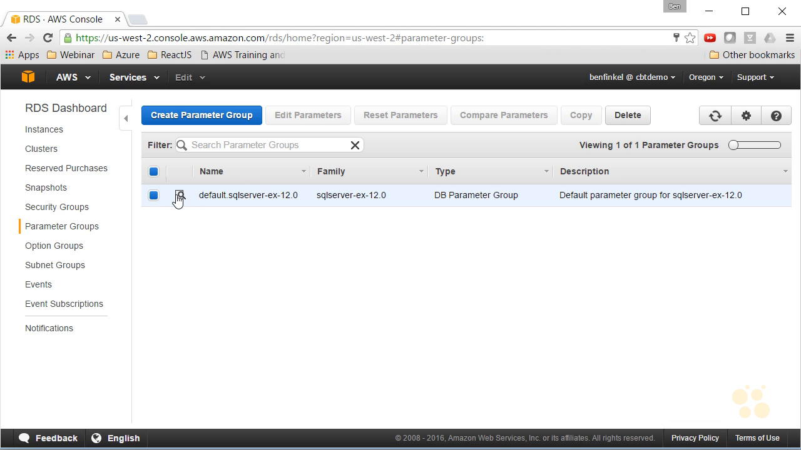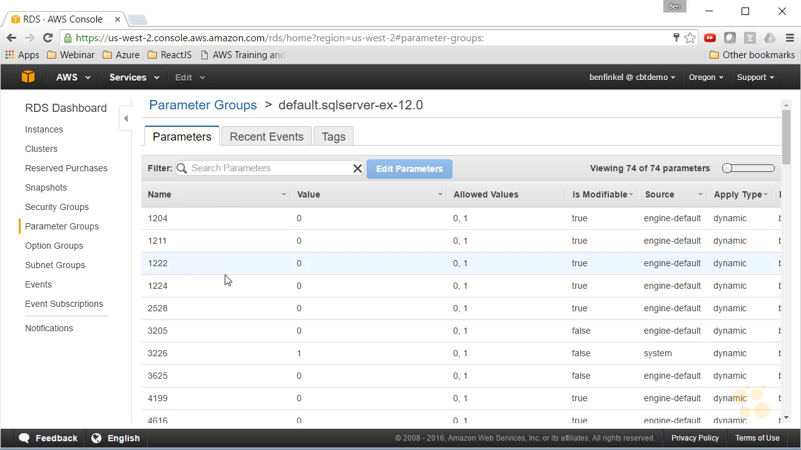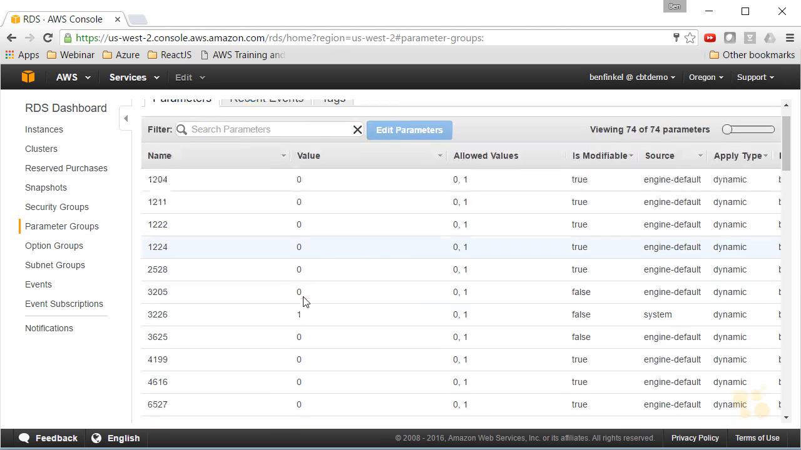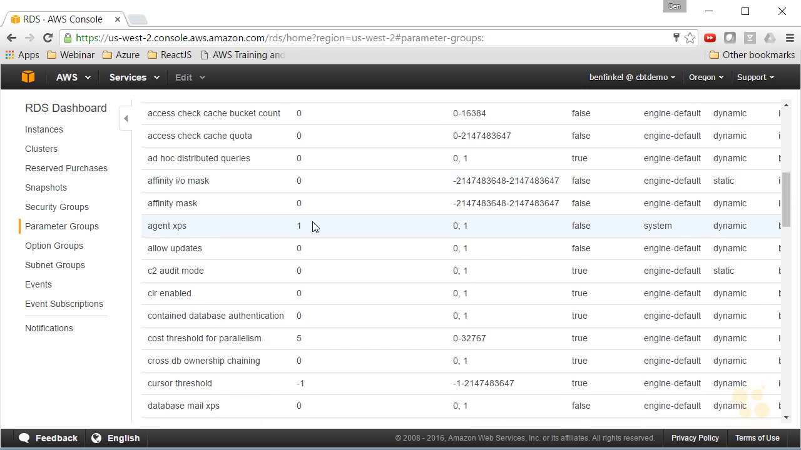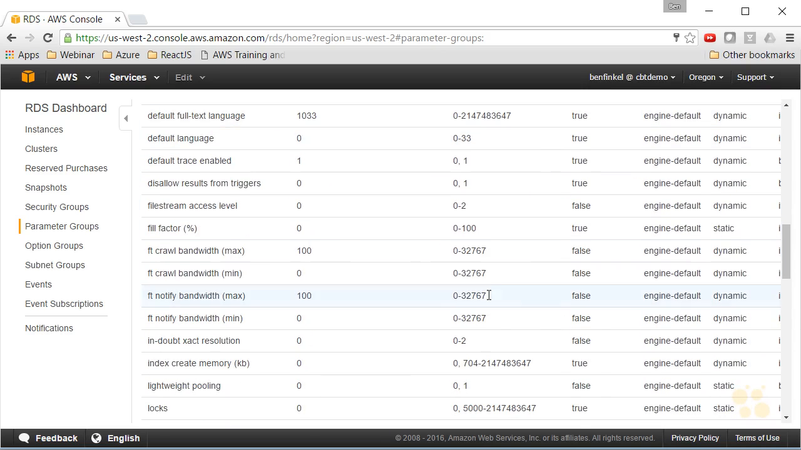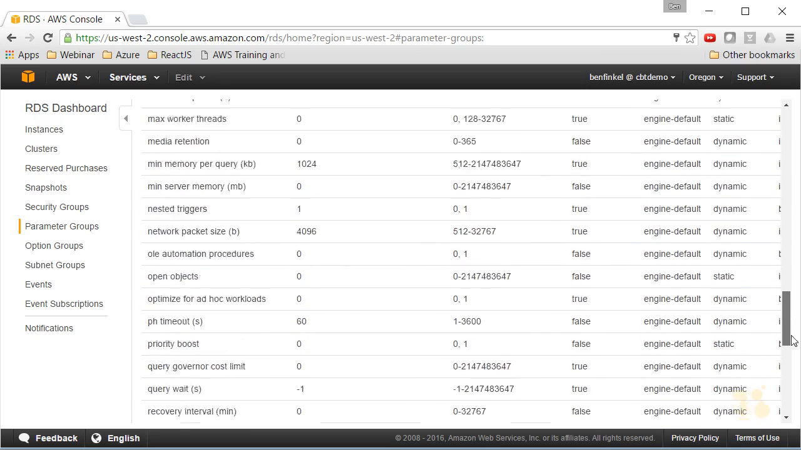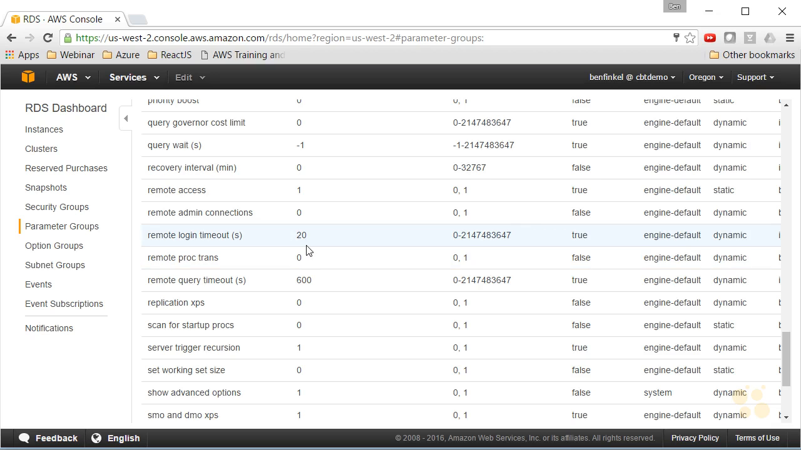And if I click this little go to details page here, you can see all of these different parameters that have been configured. These are all sorts of different options that you can set up on this database engine. This is a group of parameters that have been set up by default. If I need to change any of these, I could create a new parameter group, or I could change them right here. And then I could apply that parameter group to that database, and that would apply these configuration settings